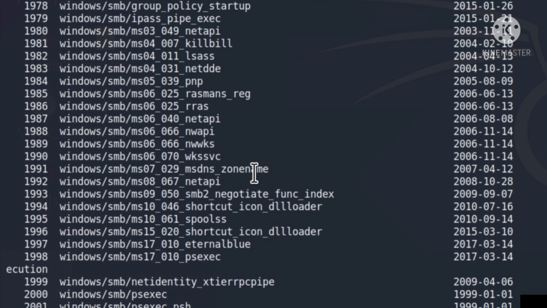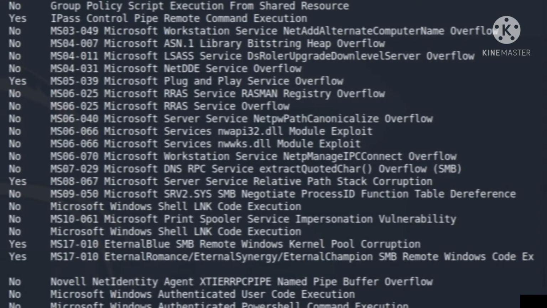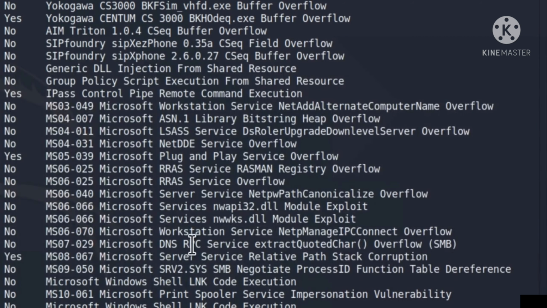Of course, we are not going to be attacking any target, we just want to see how we can select one of these exploits. So let's go with this one, for example, Windows SMB MS06-040 Net API. And by the way, to check out more information about exploits, we can go on to the right. This exploit came out in 2006, and the right column tells us what exactly this exploit does. For this particular one, it is an exploit for Microsoft Server Service, and